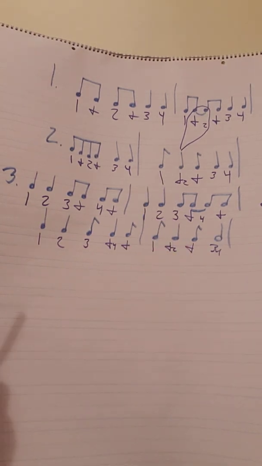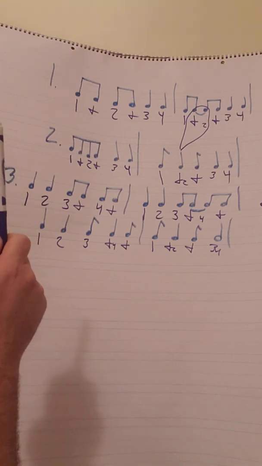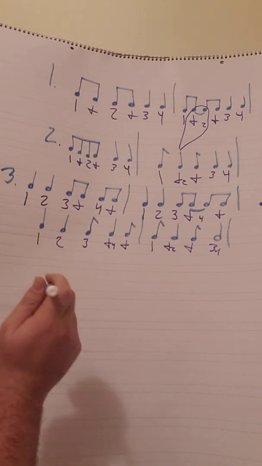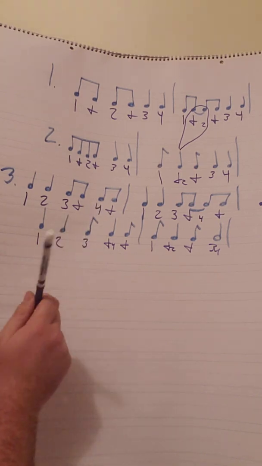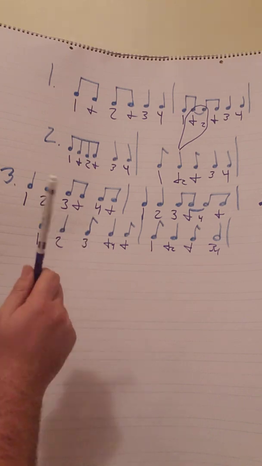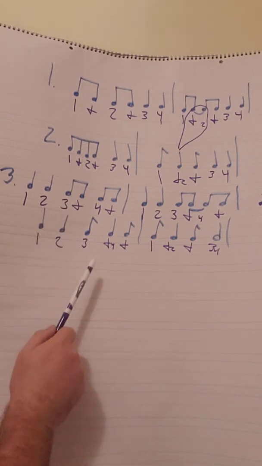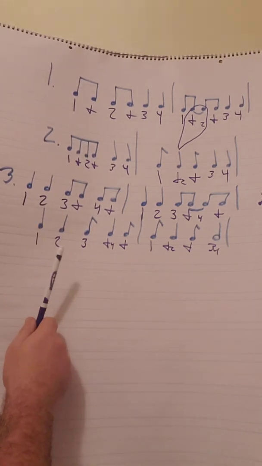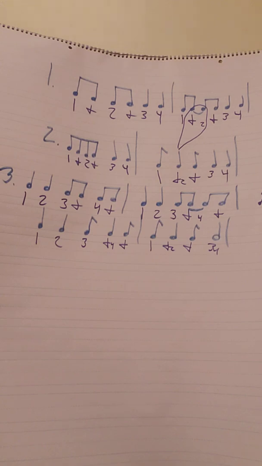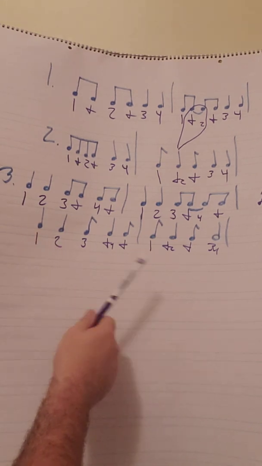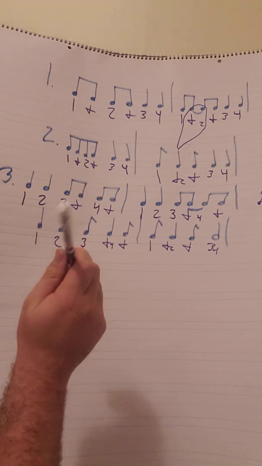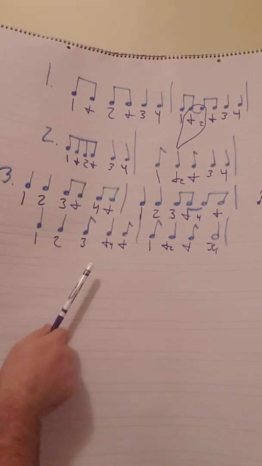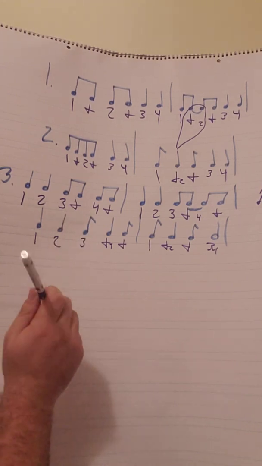Okay, so if we were to click and count this whole line, okay, 1, 2, ready, and 1, 2, 3, and 4, and 1, 2, 3, and 1, 2, 3, and 1, and oh, I messed that up. Sorry, 1 and 3, 4. I'll do it one more time. Okay, 1, 2, ready, and 1, 2, 3, and 4, and 1, 2, 3, and 1, 2, 3, and 1